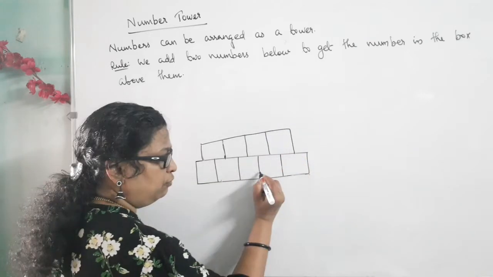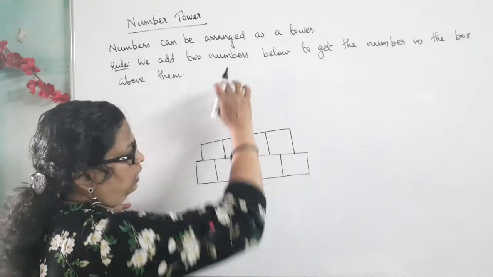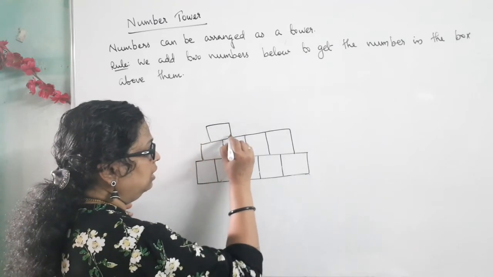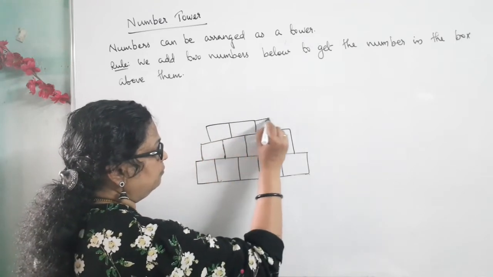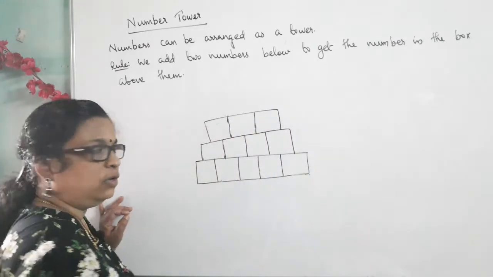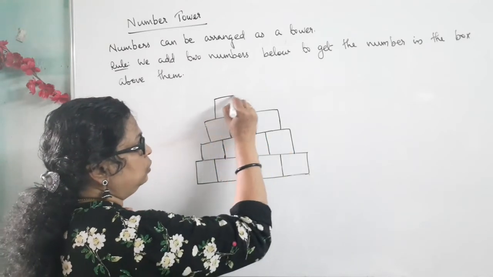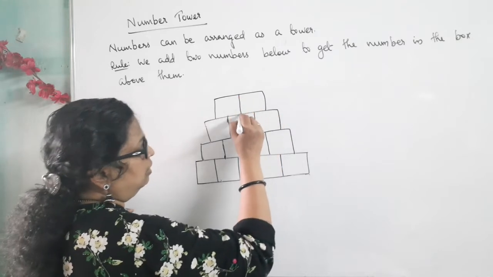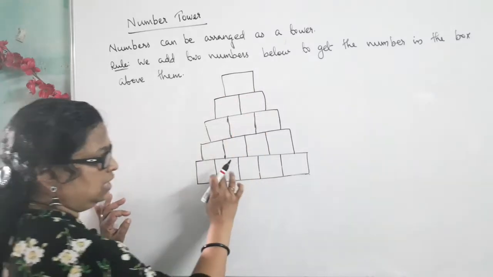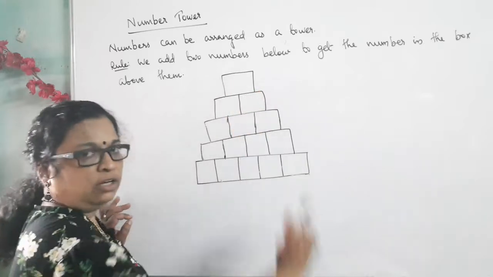That is here 5 portions, so the above only 4, then 3, 2, 1, that way. Again this middle to this middle, then again in this way. Okay, so here 4, then 3. Use a scale you can draw, then very good number tower you will get. Then again this middle to this middle, then 2, then again in this way. So this is here the base 5 columns, then 4, 3, 2, 1, in that way.